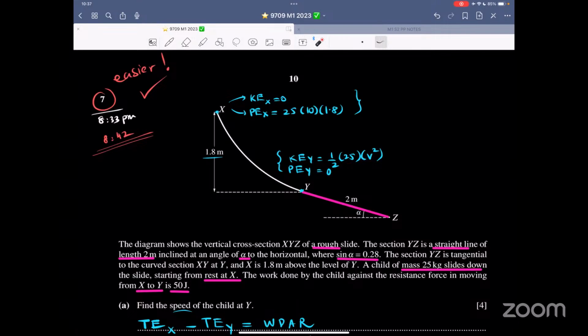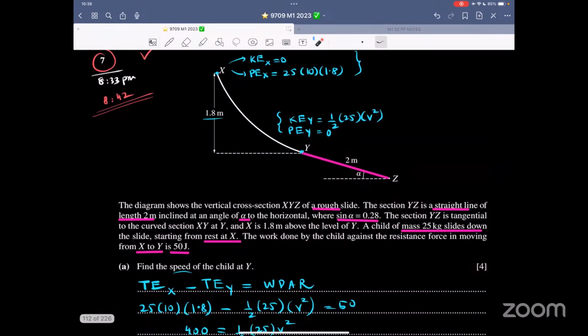So this thing, I have shaded it. So this thing is a straight line over here. Let me highlight it for you. This is a straight line of length 2 meters, inclined at an angle alpha to the horizontal, where sine alpha is this thing. The section YZ is tangential to the curve. So that means this is tangent to this curve,